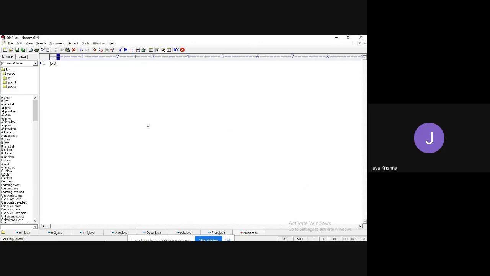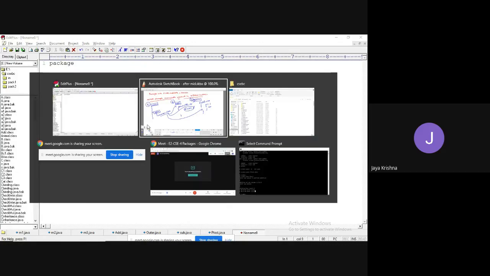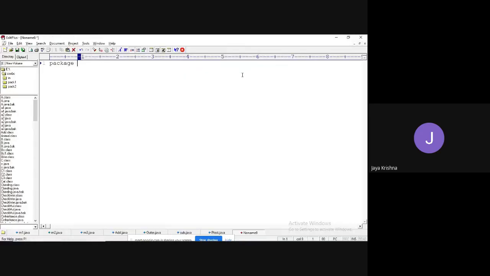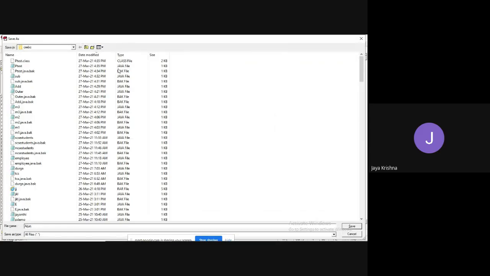Okay. First, let me create the package. First, I will complete this D and F drives. So this doesn't contain any kind of main method, right? Yes. So I will compile package beta. Package beta. I'm simply taking public class. I'm taking as Arjun. Control C, Control S, Control V, dot Java.